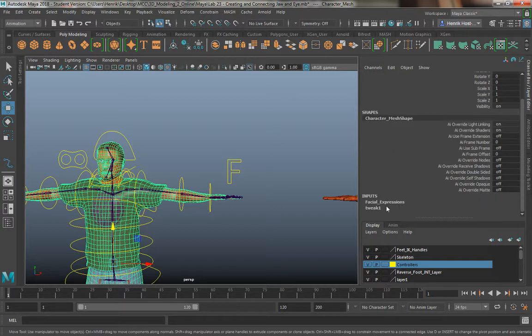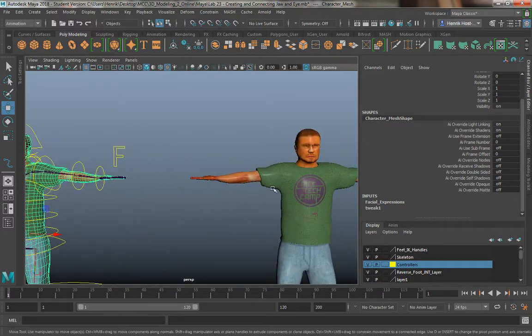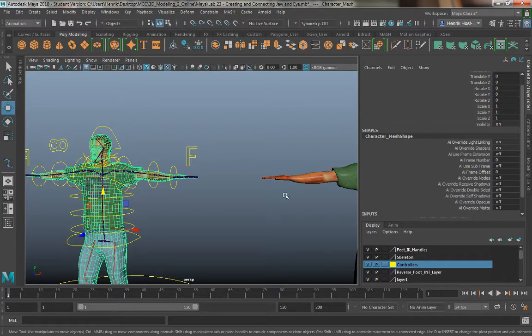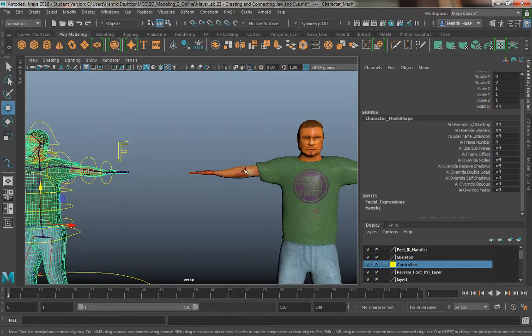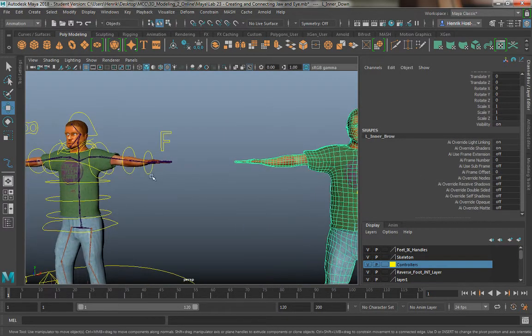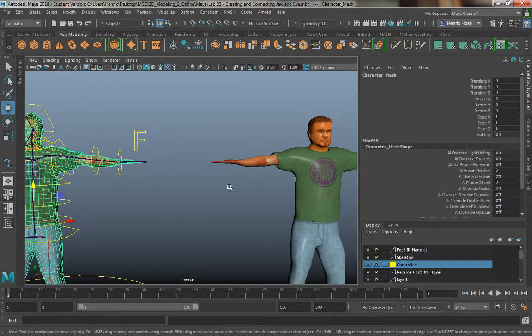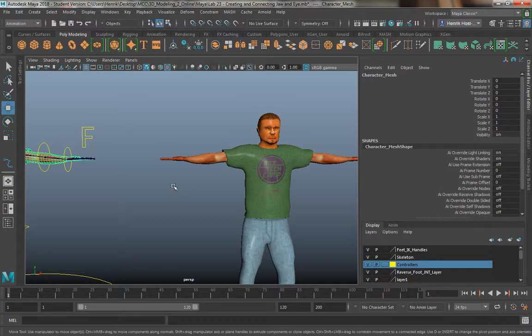So now you'll see I have a little facial expressions node down here, and that's going to control my blend shapes. So now that I have that set, what I'm going to do